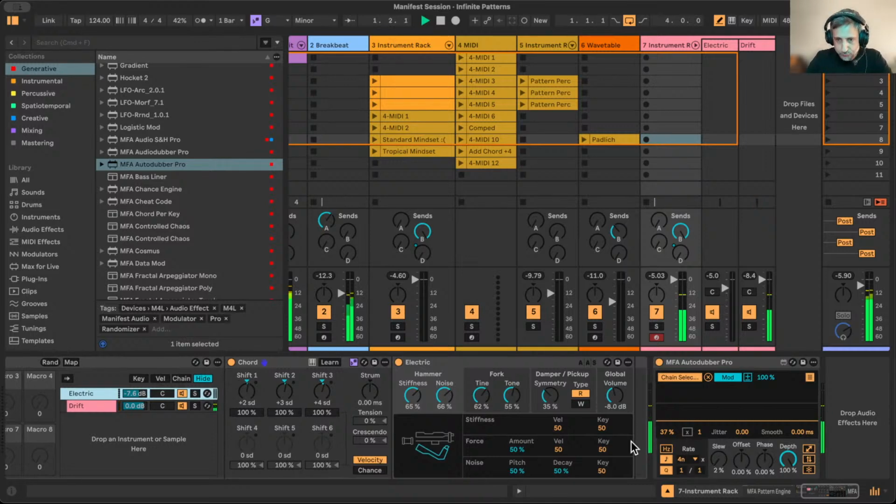And then increase the chance. And now it's staying on the keys, right, at 100%. So 50% has got more or less an equal chance of being one side or the other, like a typical bins. But by reducing the chance, then we're just occasionally splashing into the chords there. So yeah, that more or less